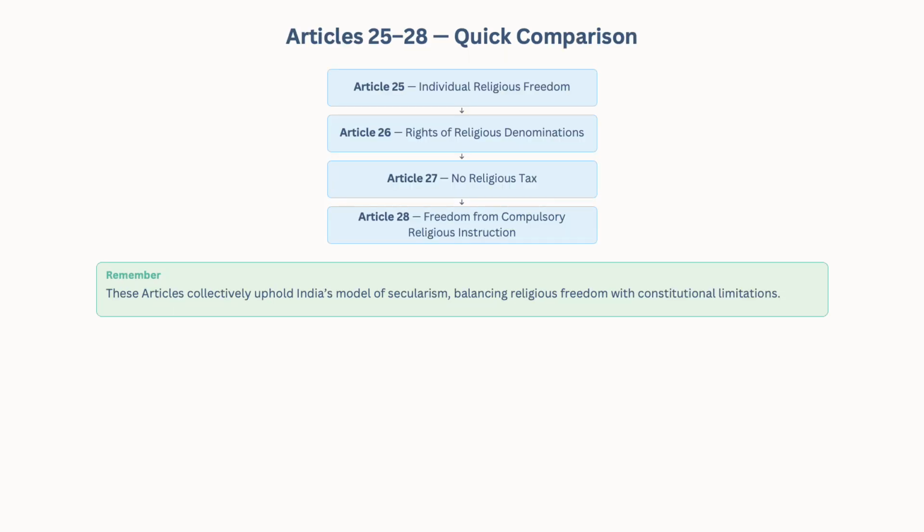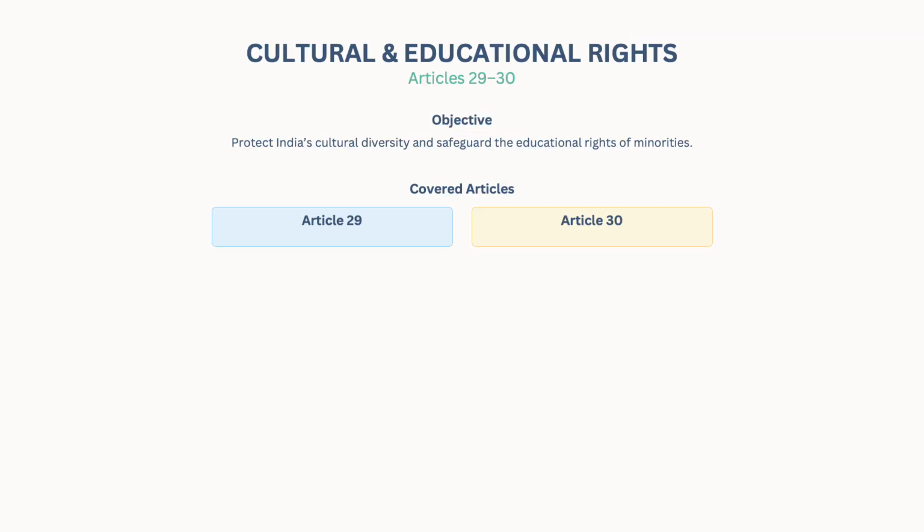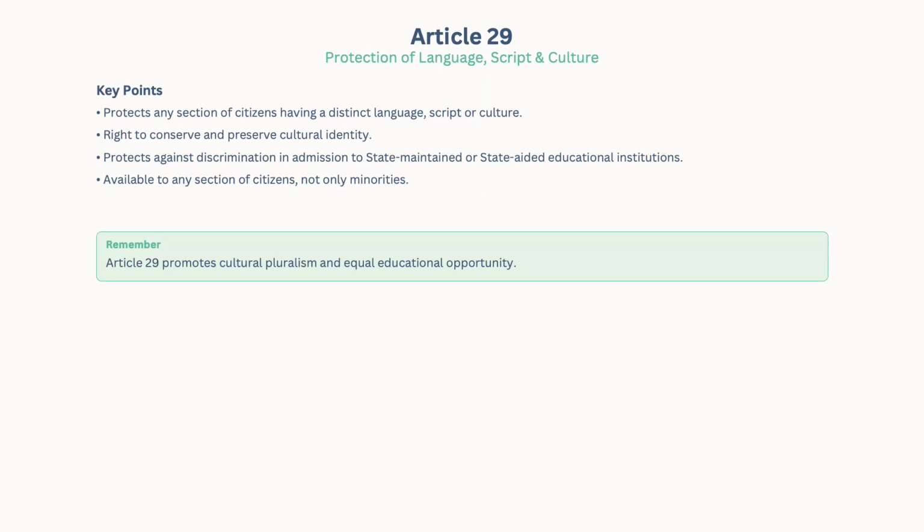Now, quick revision, we'll skip that. Cultural and educational rights. We have Article 29, we have Article 30. Article 29, protection of interests of minorities. So we are minorities, right? We are Christian minorities as well as ST minorities, tribals. Okay, so in Article 29,